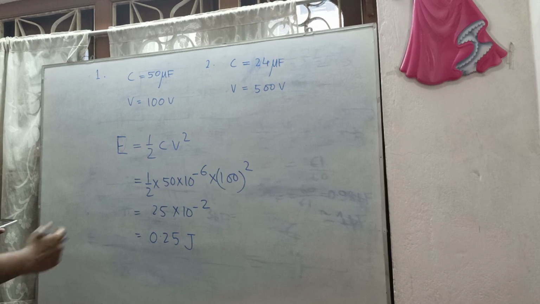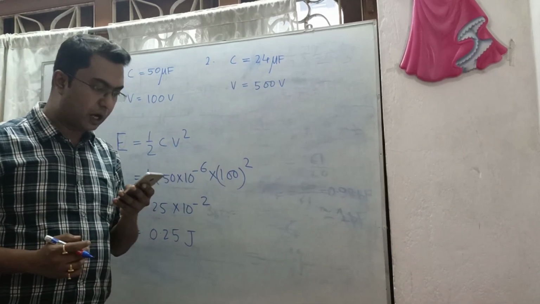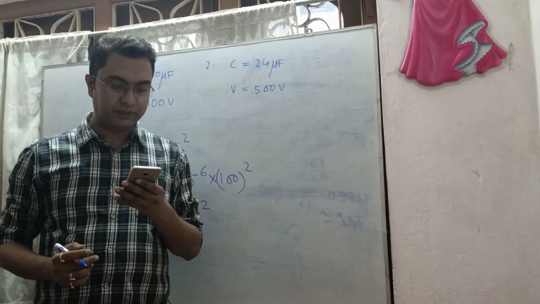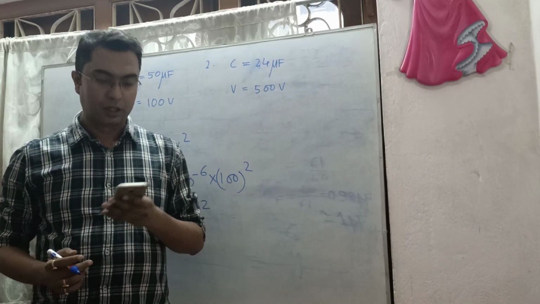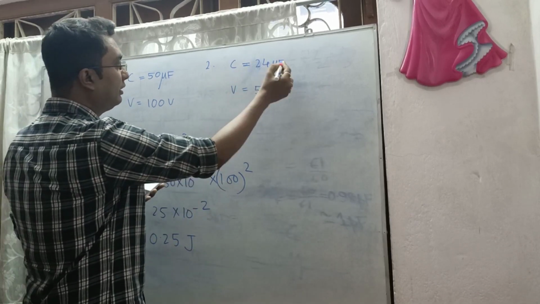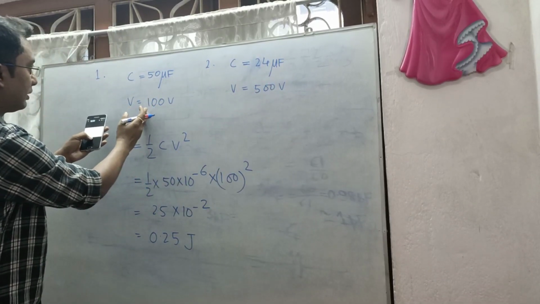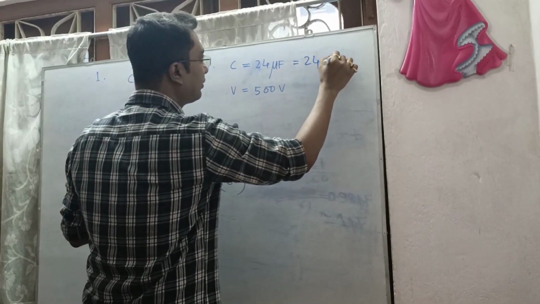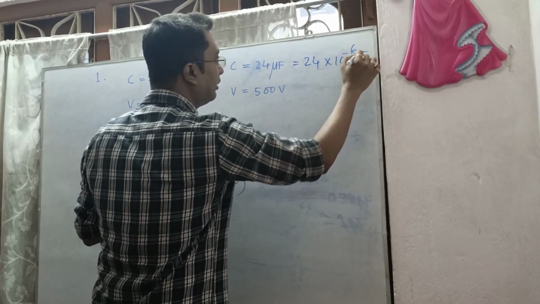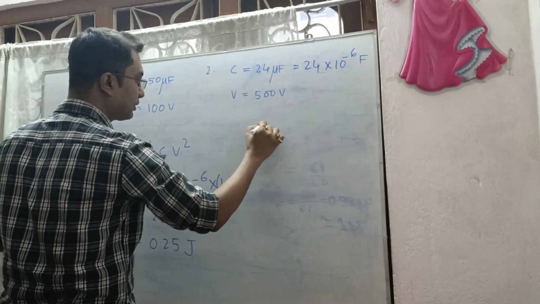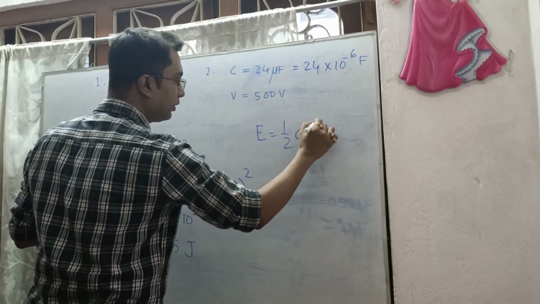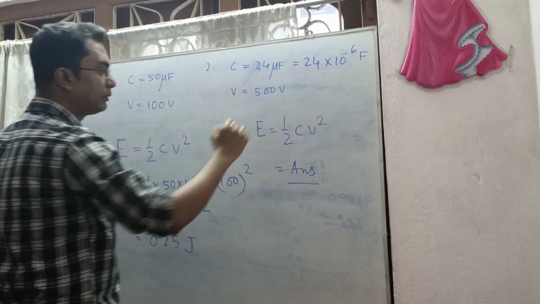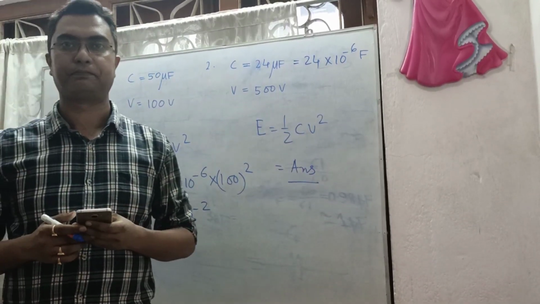Okay. Now if you move into the second numerical, it is given: how much work must be done to charge a 24 microfarad capacitor when the potential difference between the plates is 500 volts. So the values of capacitance C and voltage V are given. It's very similar to this type of numerical, this one. So here we have to just simply change it to farad, 10 to the power minus 6 farad. And similarly we have to use this expression E equal to half CV square, and if you place it we shall get the answer. I hope that you can simply place it there and you will get the answer easily.